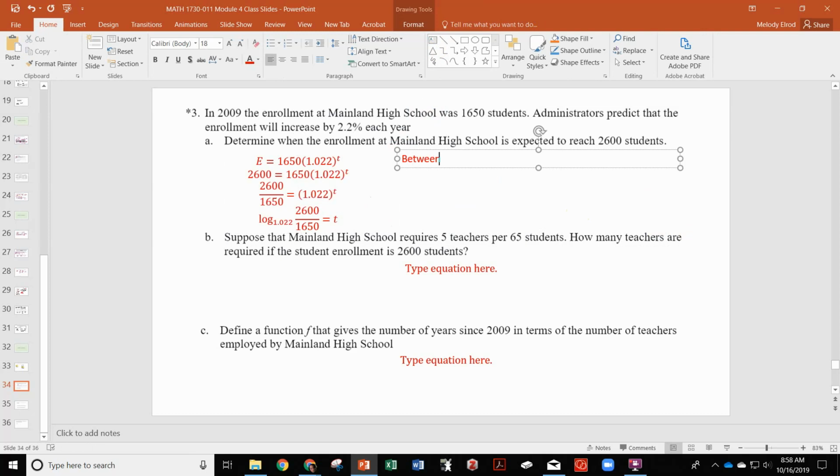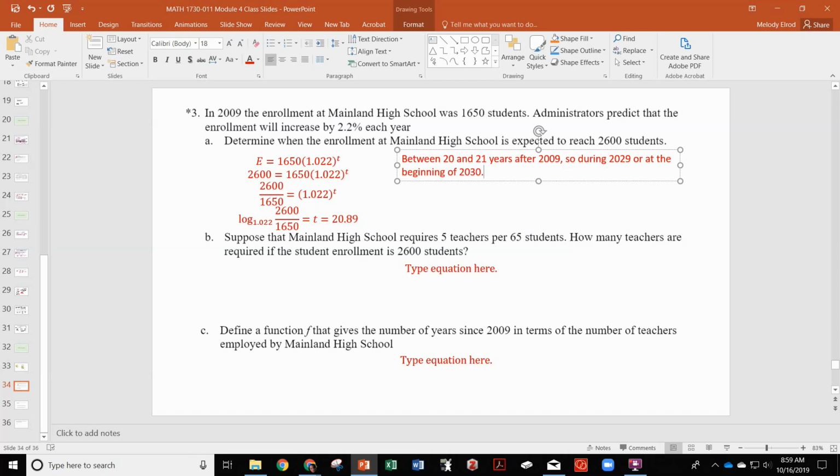So between, oh, I guess I should put that answer in here, huh? So this would be equals 20.89 or thereabouts. So this would be between 20 and 21 years after 2009. So during 2029, or at the beginning of 2030. And the reason I say it that way is because if it's between 20 and 21 years, we